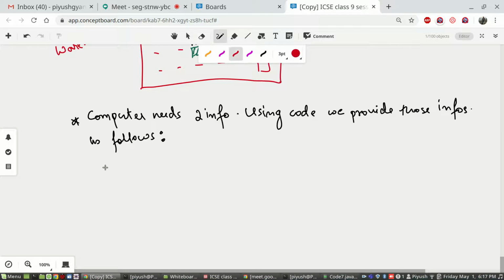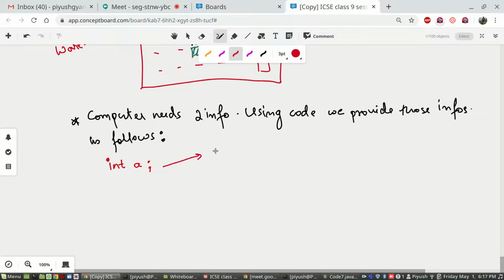You are going to write like int a, and you know all the non-comment statements should be terminated with semicolon. That we have seen in the very first class or the second class maybe. Correct?